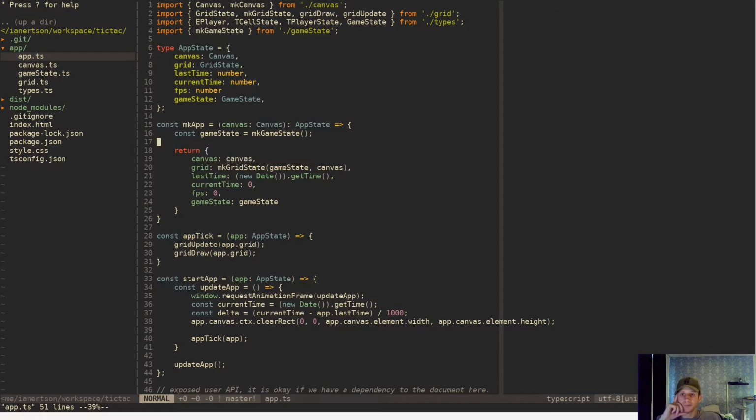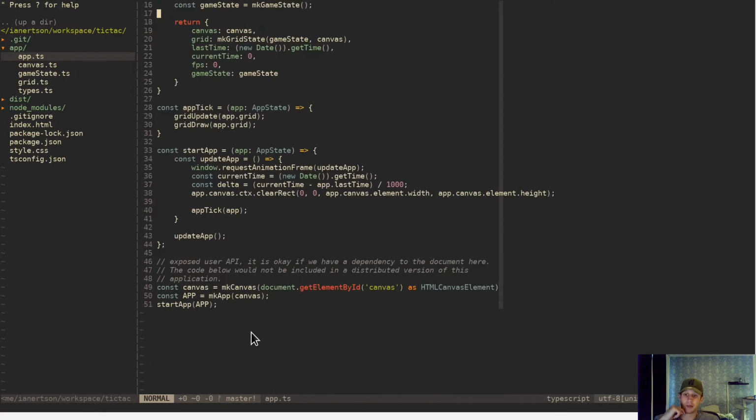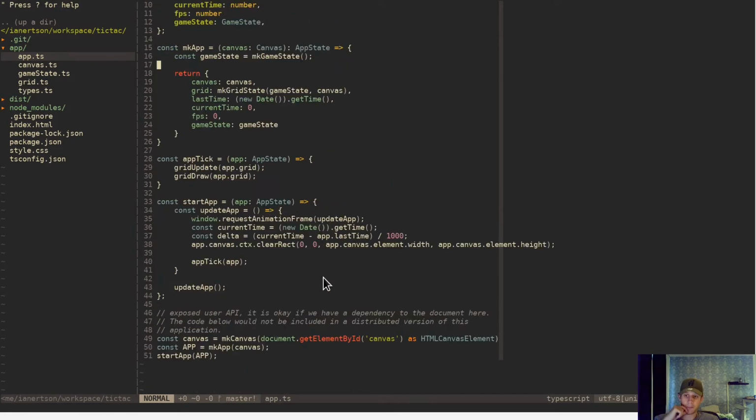Okay, let's see here. Make app. You return the game state, and what I want to do is to overwrite this field with a new game state when someone wins. Okay, that sounds pretty simple. So how would I do that? So the app returns this thing. Okay. And basically I want this to,